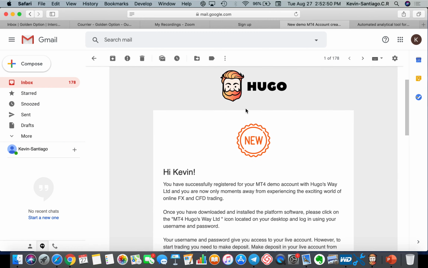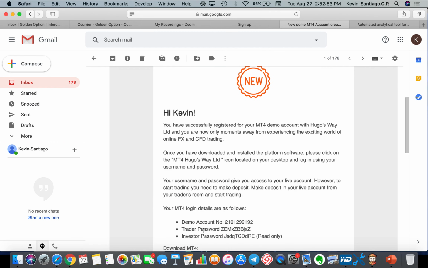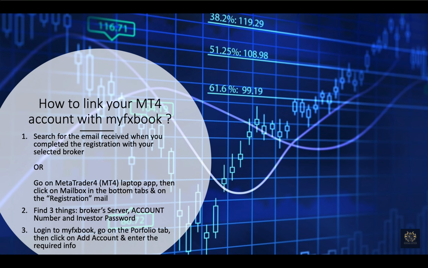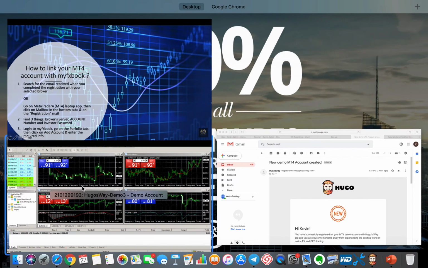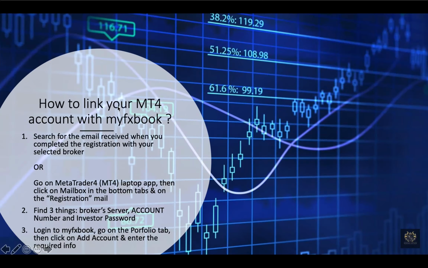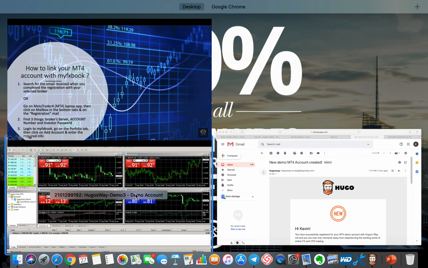And then you'll have this first message with some codes that you'll need, that I'm going to explain shortly. So if at first you don't have the email that you first received, that I showed you right here, because it happened a long time ago and you deleted it, you need to go on MetaTrader4, the application that you downloaded on your broker's webpage, if it allowed to. So in my case, it allowed it. So Yugo's Way MetaTrader4 terminal,